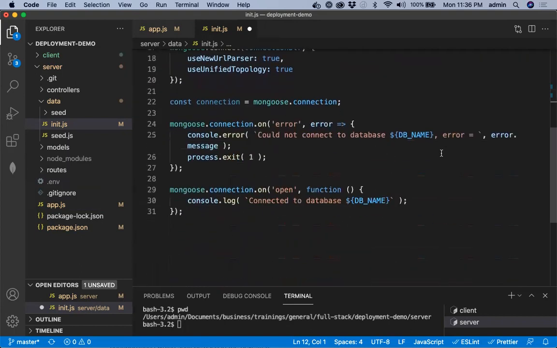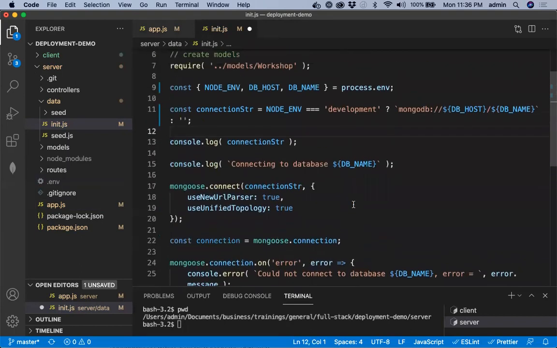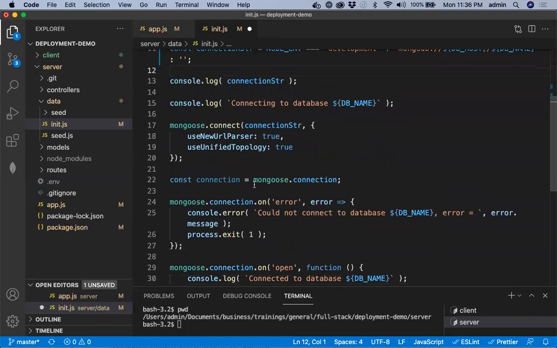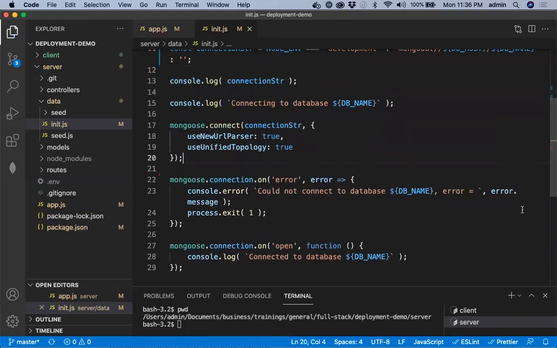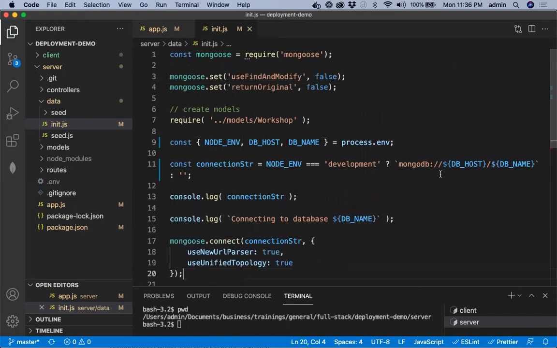All this is fine. I think we are not using this, so I can delete it. Later on we might be using DB password and username. Right now we don't have it, so we can include it later.